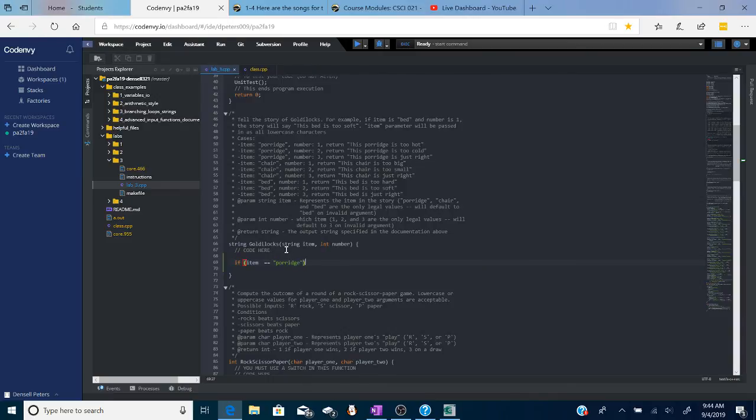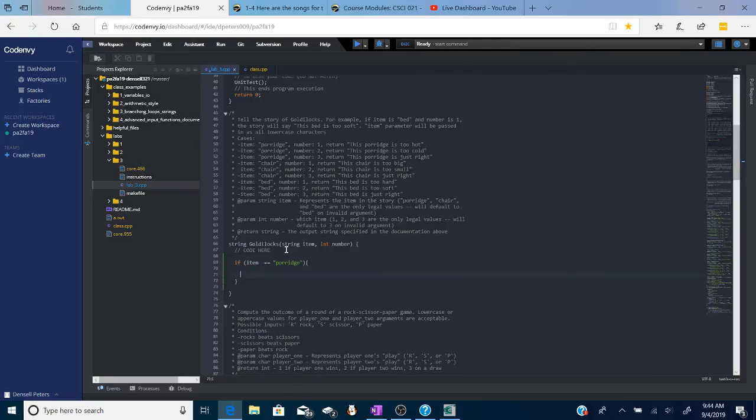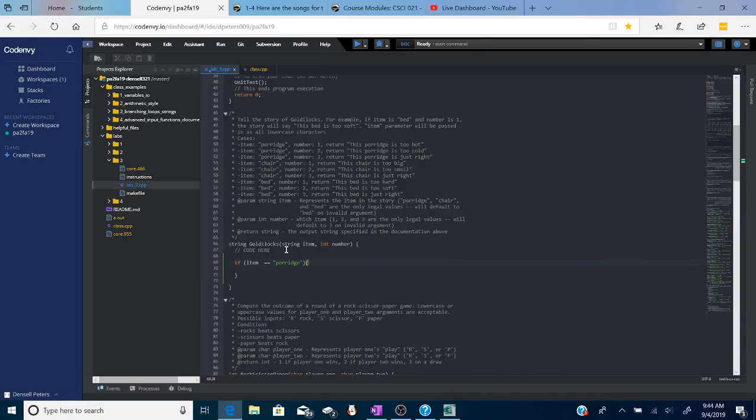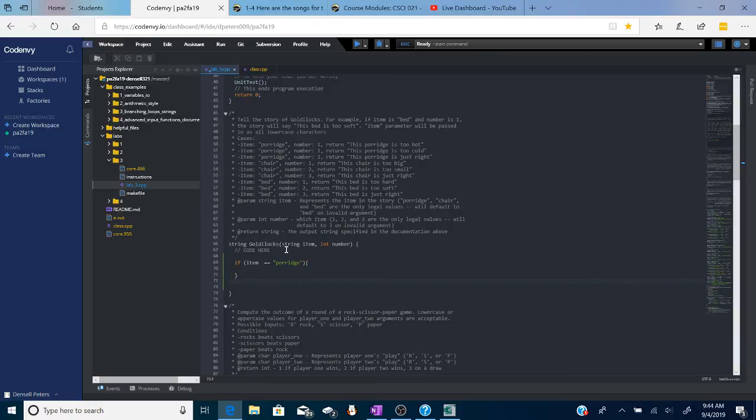I'd probably do something like this, right? I would probably do, if items reports, we'll do the last one, bed, because I can see it. If item equals bed, right, and number equals 1, fine, then define all the cases to